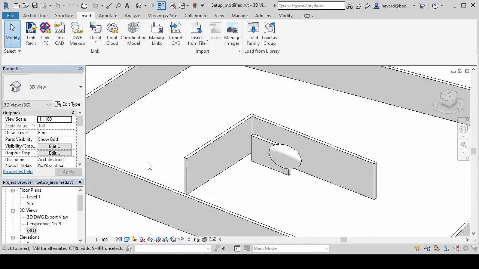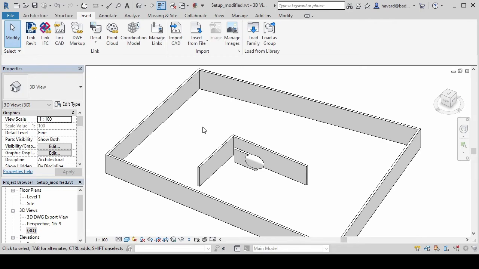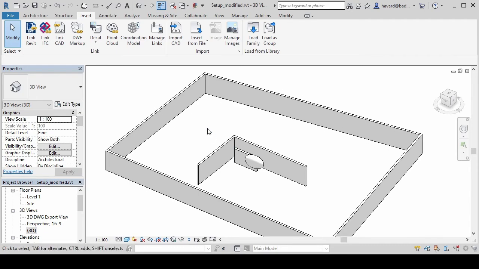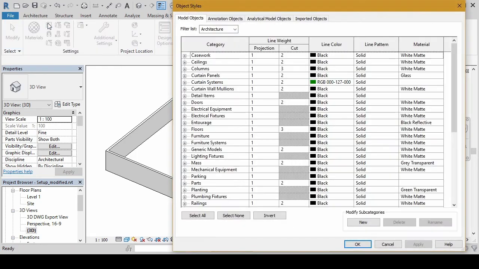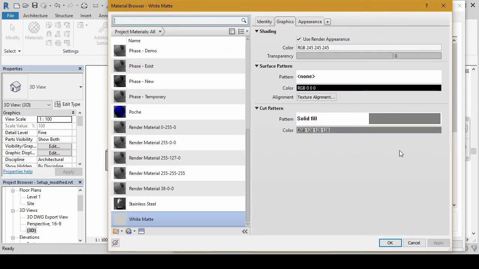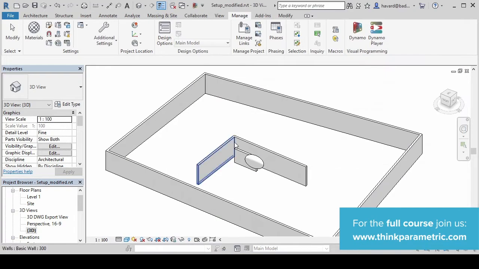As I said before, this can be done with worksets in workshared models in Revit. All right, what now controls how this element looks in 3D views? That is actually the material of the category in object styles. So if I go to generic model here and change the material from white matte to poche, for instance.